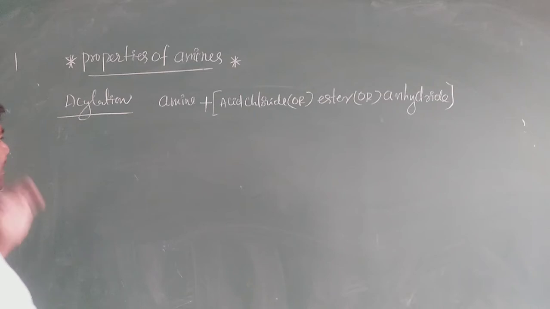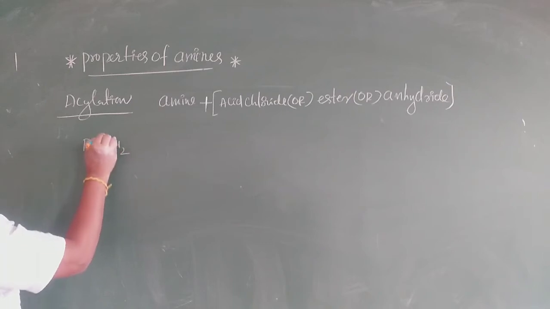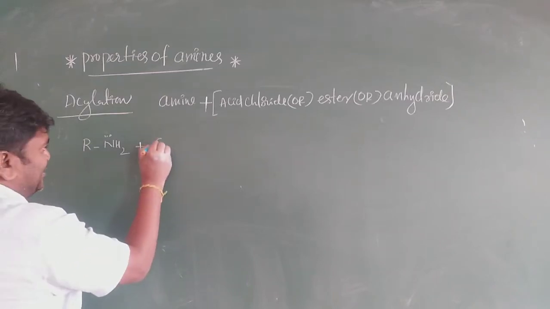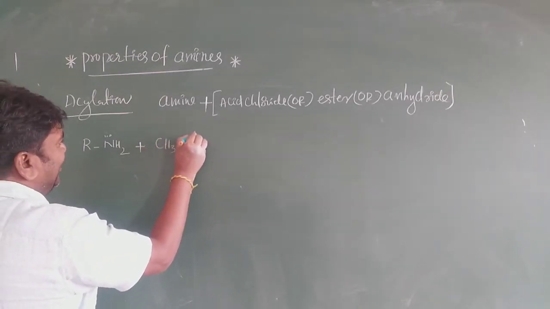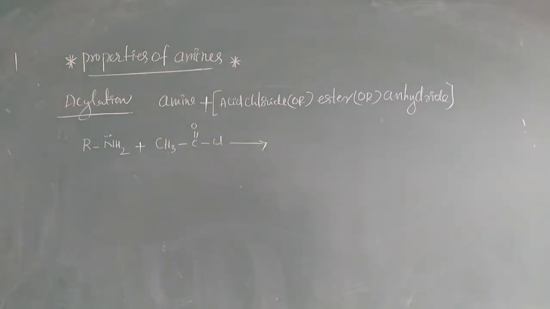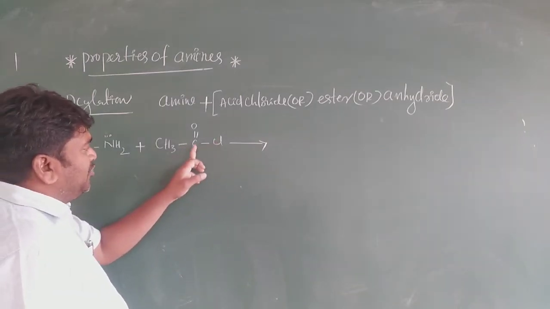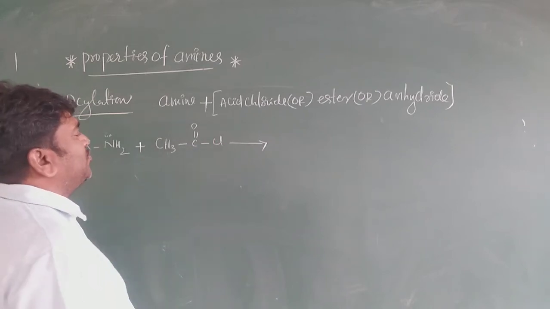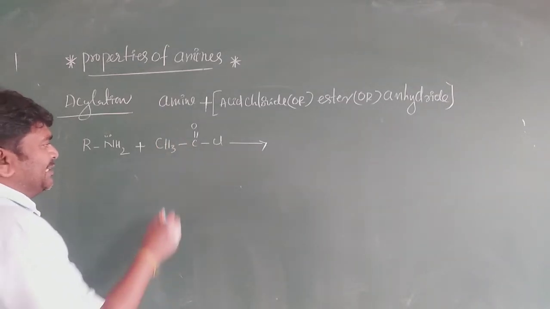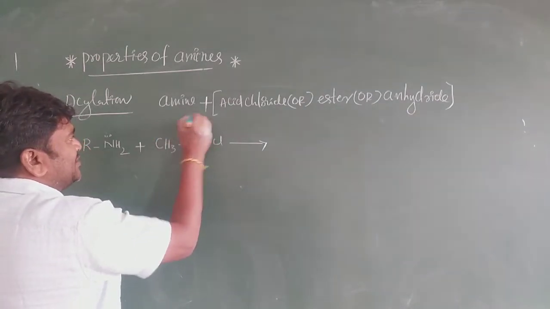Okay, suppose here it is an amine, NH2, with a lone pair, plus an acid halide, for example CH3 C double bond O Cl. See my dear students, what happens? This is very important. Now between carbon and chlorine, which is more electronegative? Chlorine is more electronegative, and carbon is less electronegative. What you observe here: suppose these two electrons are shifting here. So it acquires a negative charge.